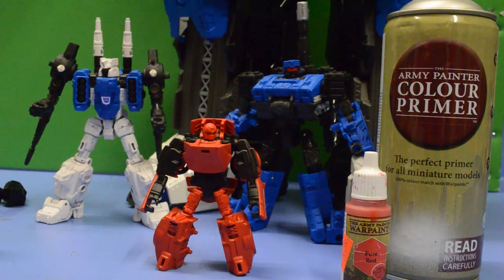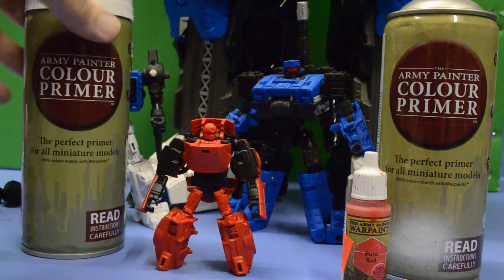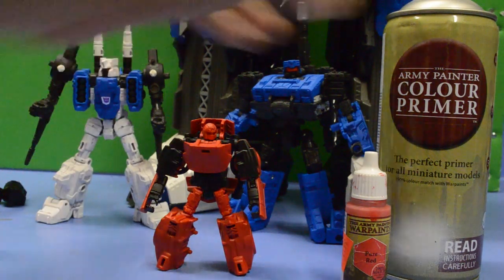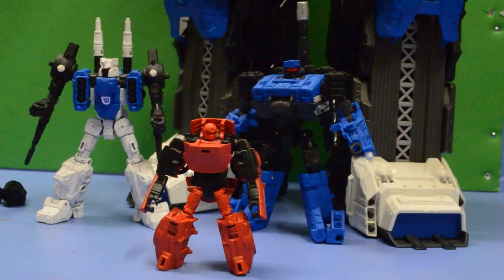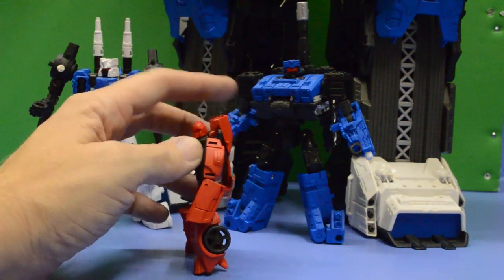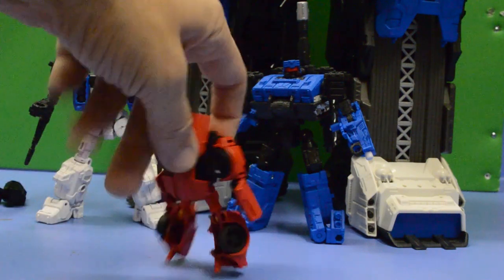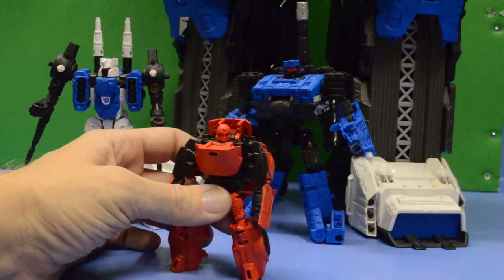And anything that is black on him was primed in black. Again, very light primer before the airbrush happens. So yeah, that's Metro Dash. Still has all of the, I guess, issues that the Combiner Wars Rodimus figure had. Which is none, because it was a fantastic figure,